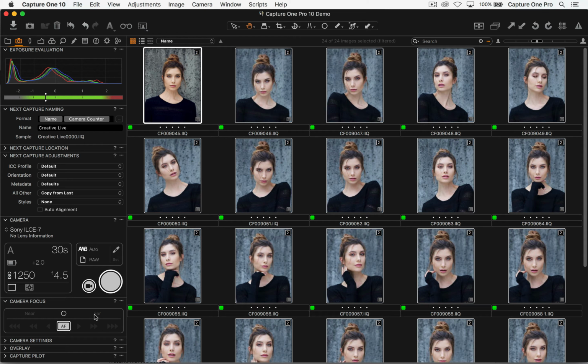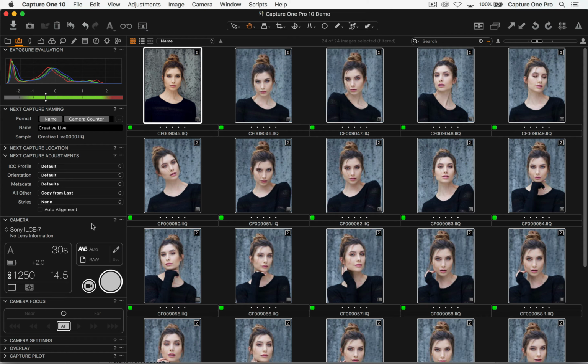For stability and speed, we now no longer have to rely on Canon and Nikon's SDK. All the connection protocols are written by us in-house. We have had some issues in the past with perhaps Apple or Windows launching a new operating system, which then breaks the SDK, Canon in particular, it was some years back, which means we then have to wait for Canon to update it, fix it, leaving you guys out in the cold without any way to tether. So now we have full control over that, and we've also seen up to 30% increase in speed